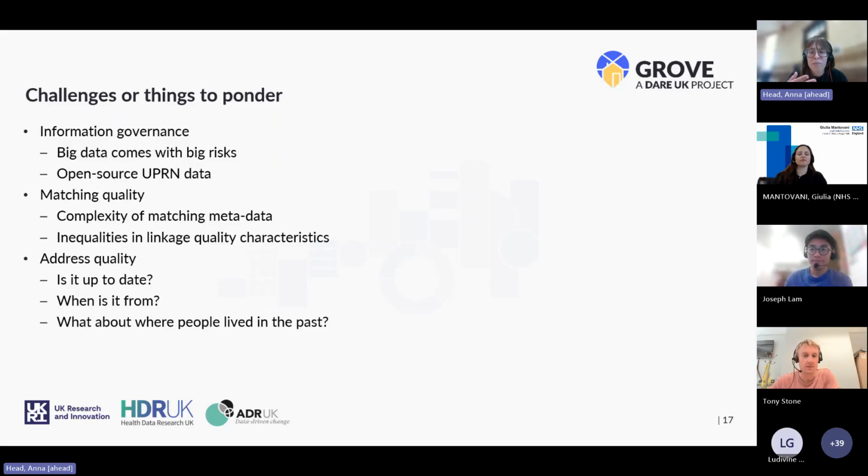Or are what seem to be population health benefits just a product of gentrification? So people being priced out and healthier, wealthier people moving in. And without being able to see where people have lived over time, we can't really explore this kind of thing at all. And then finally, I've sort of touched on some dataset specific challenges.